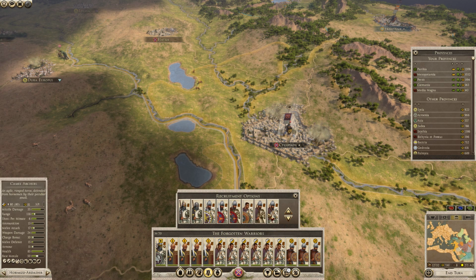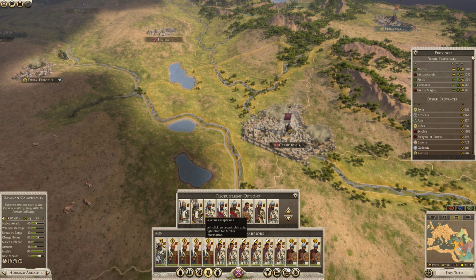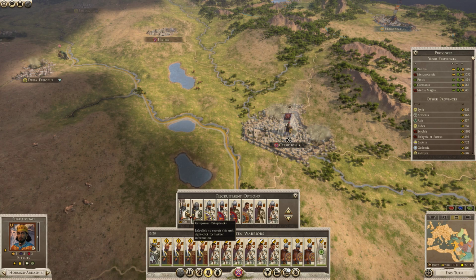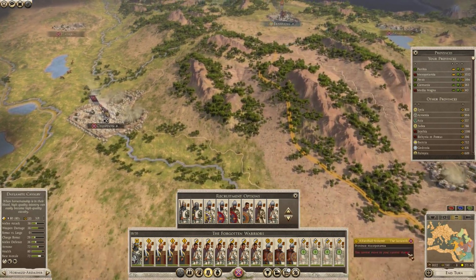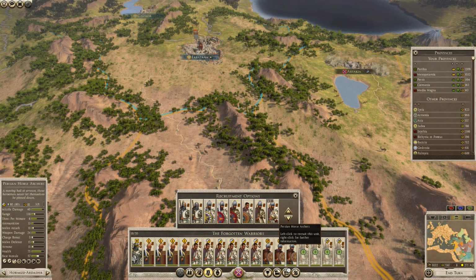Here we got Dynamite Cavalry, Savaran Cataphracts, and Griv Panvar. Griv Panvar Cataphracts, oh yes, yes sirree. We're gonna get some Griv Panvar, folks. Let's get our Cataphract on. We've got these Eastern Horse Archers, which...